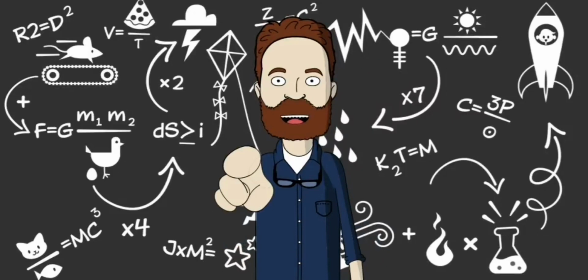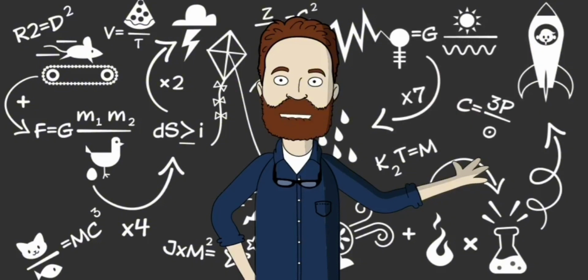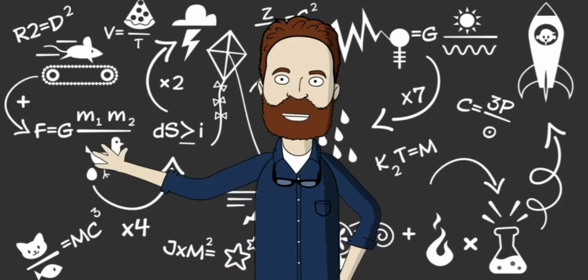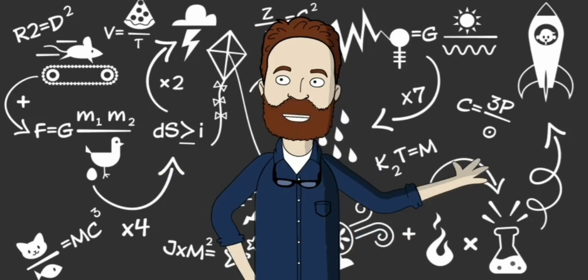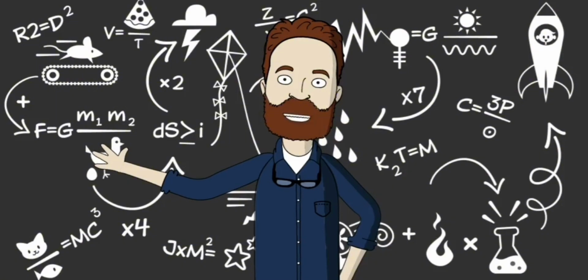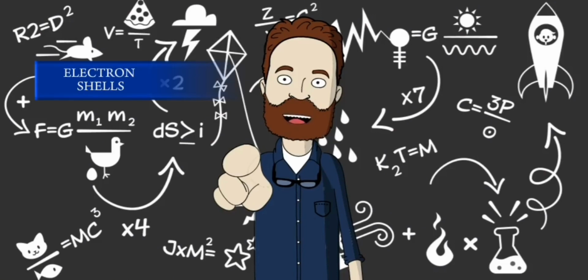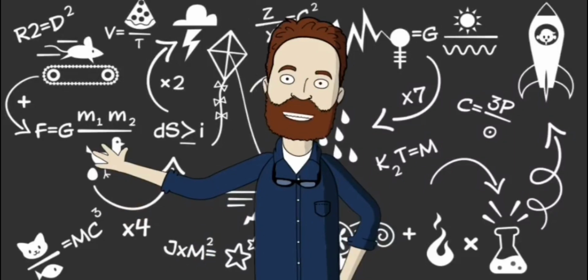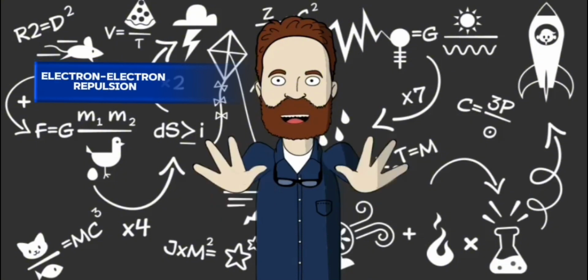Across a period, ionic radius generally decreases from left to right for cations and from right to left for anions. This trend is influenced by the increasing effective nuclear charge and the addition or removal of electrons. Within a group, ionic radius tends to increase from top to bottom due to the addition of electron shells, resulting in larger ions. Several factors influence ionic radius, including effective nuclear charge, electron configuration, and electron-electron repulsion.